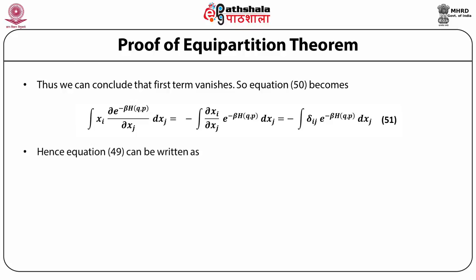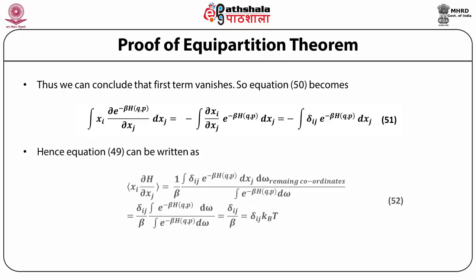Hence, equation 49 can be written as the mean value of xi multiplied by the partial derivative of H with respect to xj is equal to 1 upon beta times the integral of delta ij e raised to the power minus beta H(q,p) dxj d omega over the remaining coordinates, divided by the integral of e raised to the power minus beta H(q,p) d omega,